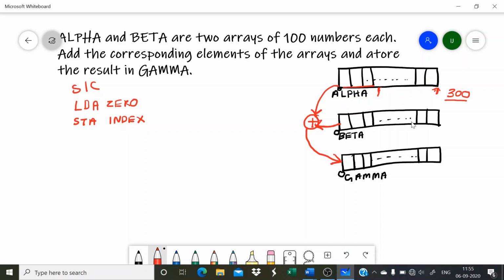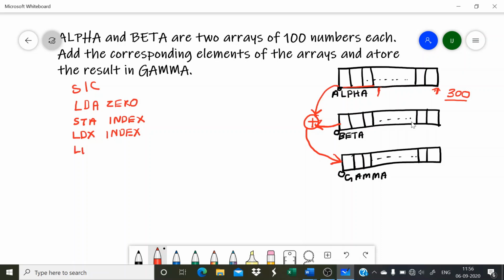Then LDX, this index value we have to load into the X register that is used for indexing. So LDX index. So now the index value is loaded into the X register. Now we have to take the first element of alpha and add it with beta.